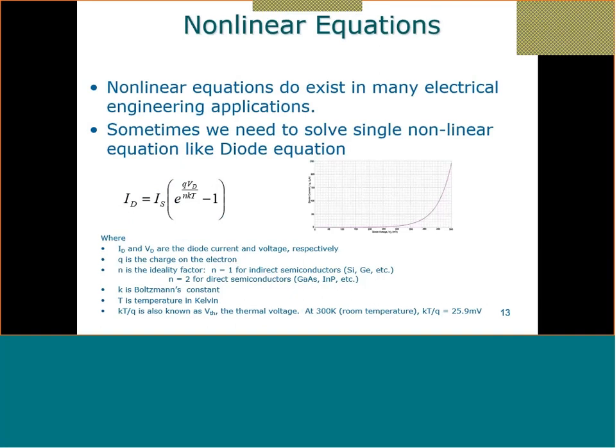One thing you will be studying, I think some of you might have seen that in high school, is this symbol. We call this a diode. The diode allows the current to go in one direction, and the current in the other direction cannot go. So only one directional current. This diode will have a current called ID that goes through it, causing a voltage drop. We call it VD. The relation between